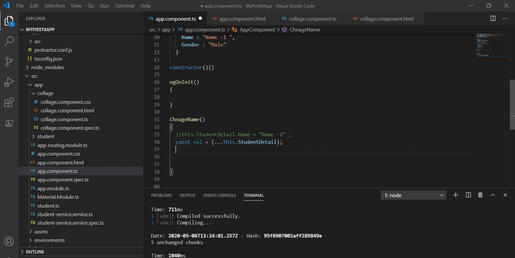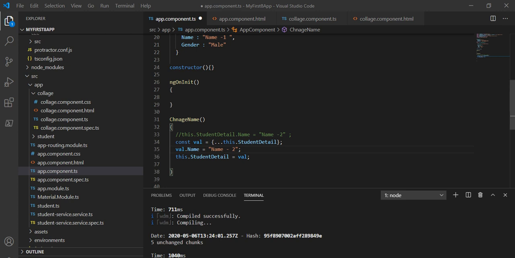Now I will change the name on the clone, so name I will change to name 2, and then I will assign this clone to this.studentDetails. So instead of changing the property, now we are changing the reference. This is the strategy we are going to implement now.